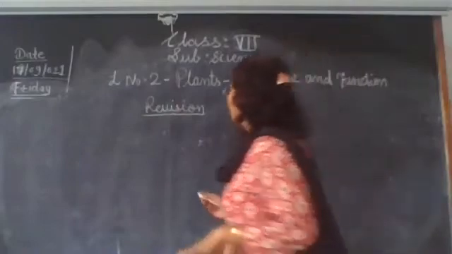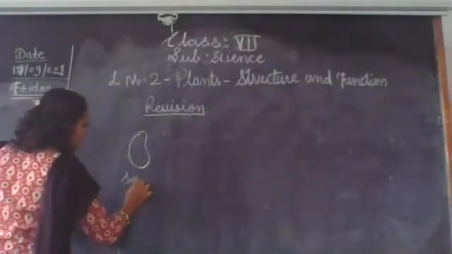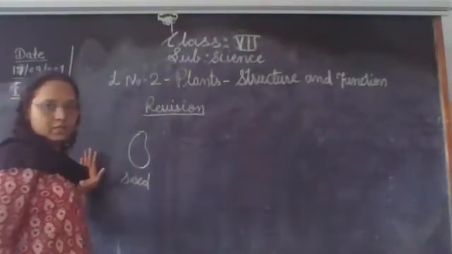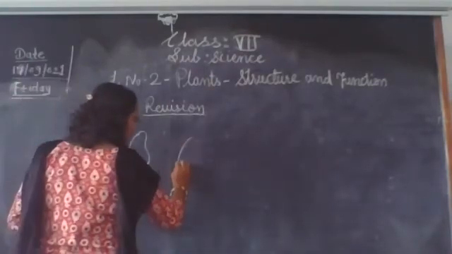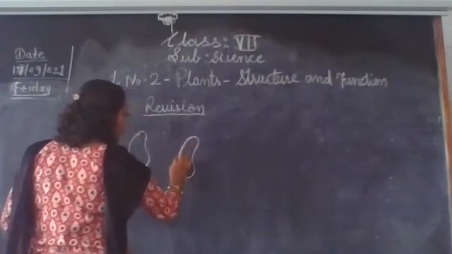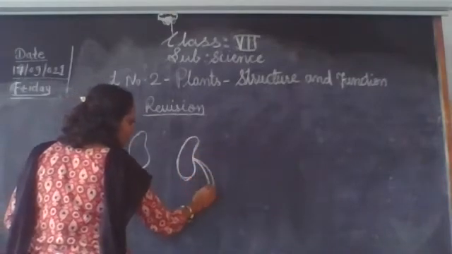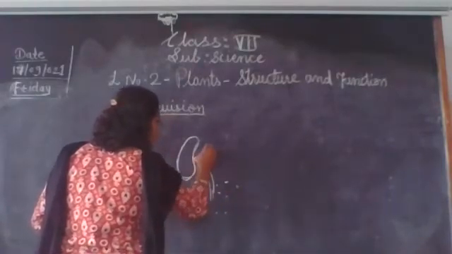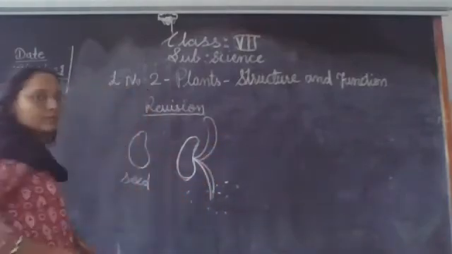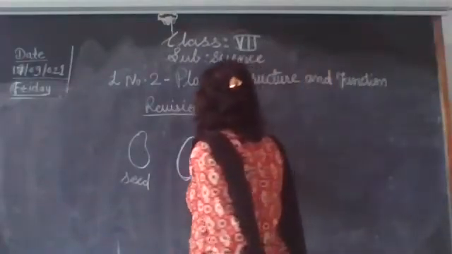So see how the roots develop in the plant. Suppose this is the seed. You know seed germination. When you sow this seed, the seed germinates in the soil. The seed ball, the cotyledons, breaks, and one portion goes towards the soil. Here is the soil, and the portion which grows above the soil is the plumule.